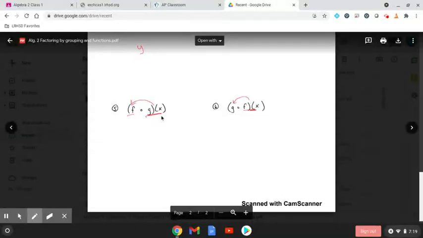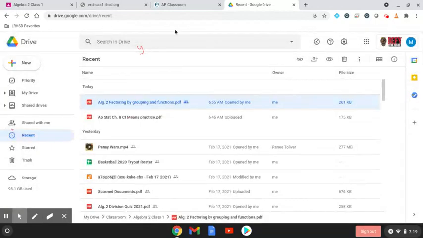So look, if you have any questions with this page, and this is a skill that we all hopefully have by now, we've got to look back at our notes. It's been a week or so since we've done these, but I wanted to quickly review it because when we take our next quiz, which will be a short quiz on factoring by grouping and factoring sum and difference,